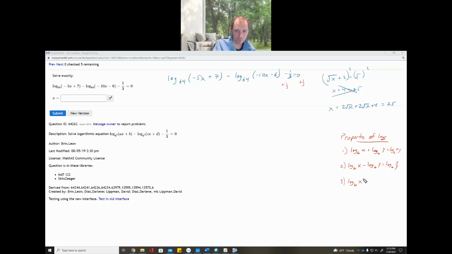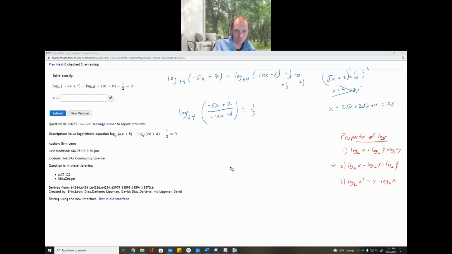And just for completeness, we'll write the third property. Log base b of x to the power of y is y times log base b of x. We won't need that one in this problem, but it's still handy, right? If I have an exponent inside a log, I can bring it out in front of the log. Okay, it's property 2 that we're using here. I'm subtracting these two, so I'm going to combine them together into a single logarithm by dividing. So this is log base 64 of negative 5x plus 7 over negative 10x minus 6